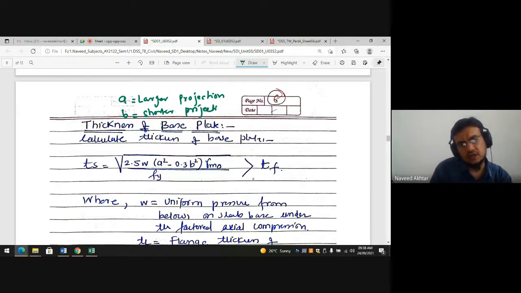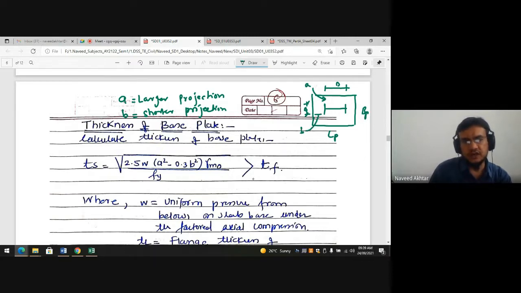You have provided the length LP and BP, breadth of plate, and this distance is depth, this distance is the width of your column, and this distance may be A or B, depending on the larger or smaller projection. Putting all these values, the thickness of base plate is equal to 2.5 times